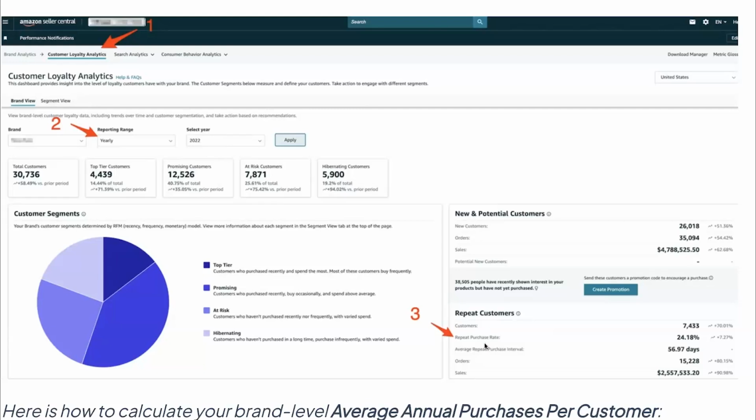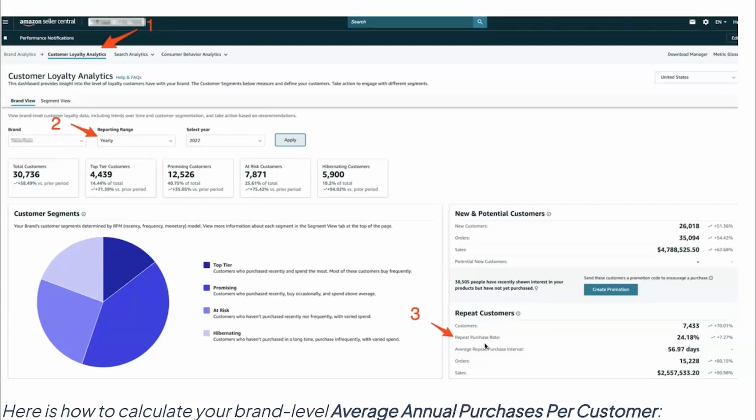This is something too that our largest brands, they don't even think about ACoS if they're selling a product that is subscribe and save or repeat purchase, because they know with this data set they can understand exactly how profitable a customer is from a cost per acquisition standpoint. For example, if you have a 2x repeat purchase rate, you don't need to have that ACoS at 20% because you could have it at 40 or 50%. Yes, you're losing money on that first purchase, but this data is going to help you understand, are you making money on that second purchase? Are you making money on that third purchase?